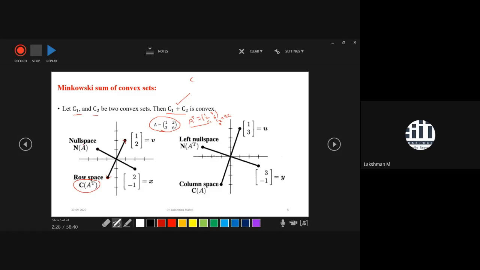Similarly, you can find the null space of A. What is the null space of A? That means we are finding the elements from the domain. This is the domain space. If you operate A over those elements, call it the null element, that will map to 0. The null space is just the pre-image of 0.